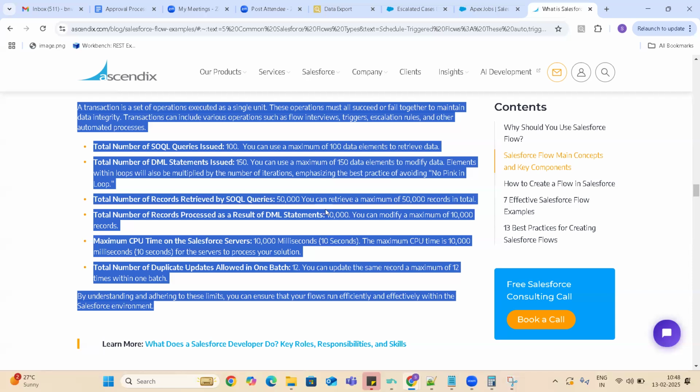You can insert 10,000 records as part of the create statement, or update 10,000 records as part of the update statement. But if you have one create statement and one update statement, guys, the combination of both create and update should be equal to 10,000. Transaction means from when the flow starts execution to when the execution ends. That is nothing but a transaction.